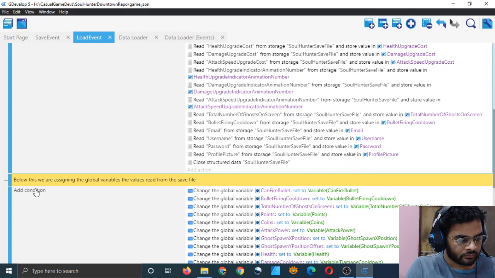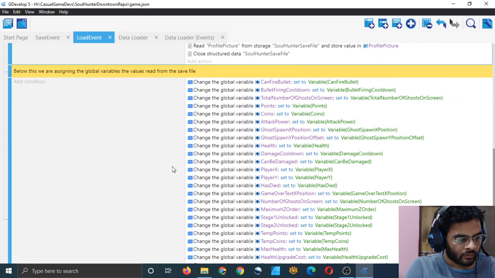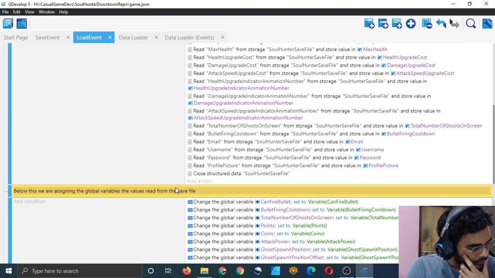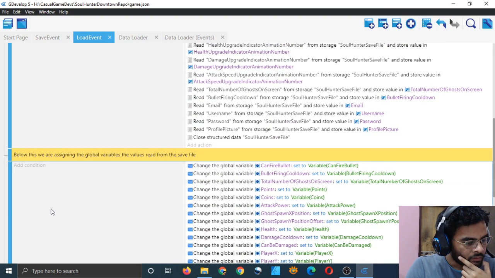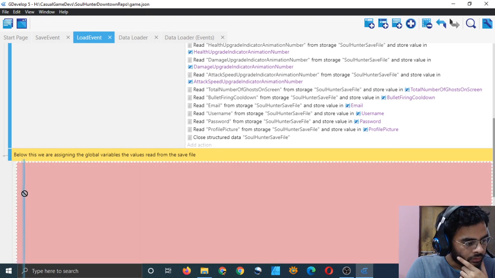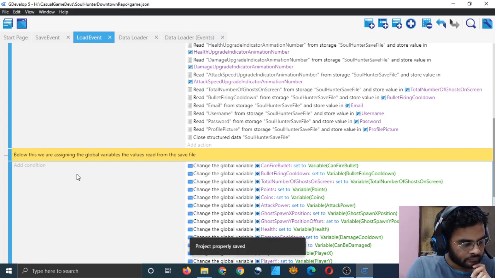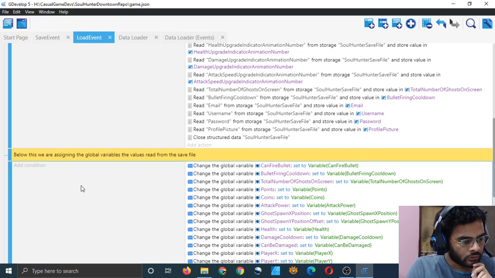In this also, should I just cut these? No, don't cut these. Should I just assign it as a sub event? I think I should not do that. Let it be this way only.